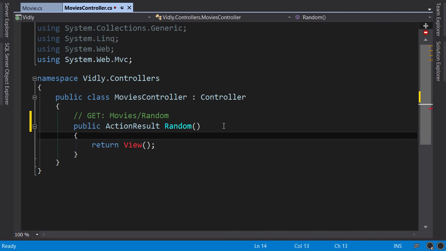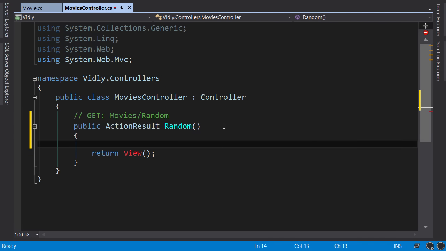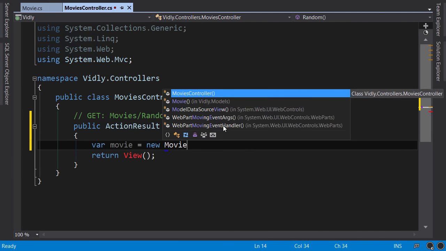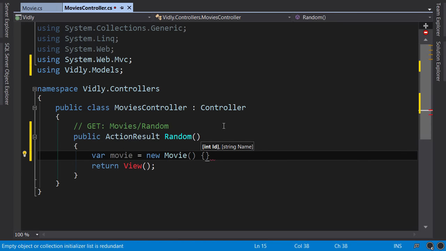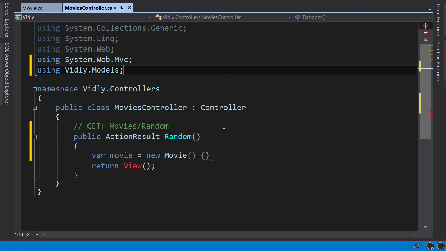Now in this method, I'm going to create an instance of our movie model. So movie = new Movie. Now, because I'm using ReSharper, it automatically resolves the namespace for this class. If you're not using ReSharper, you need to go on top of this file and manually type using Vidly.Models. Back here,